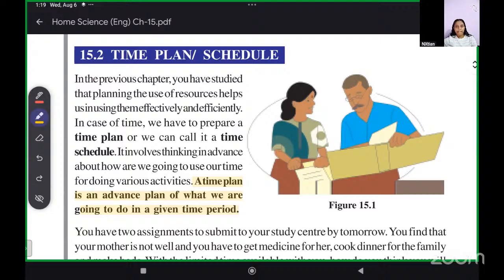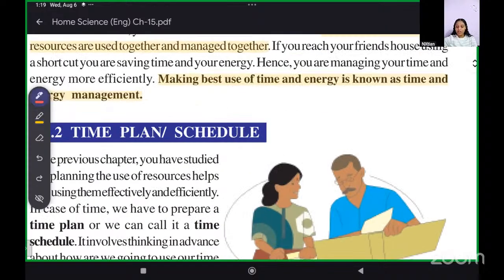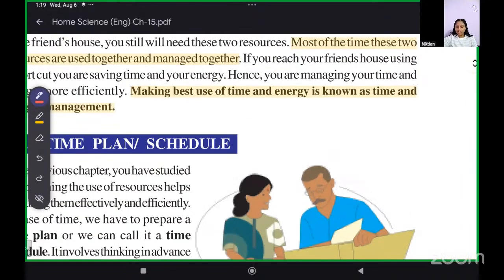I start 15 to 20 days prior, and I make a revision time plan also for doing the whole course again. I divide my hours into chapters. If I'm starting at 8 a.m., then 8 to 9, chapter 1, then 9 to 10 a.m., chapter 2,